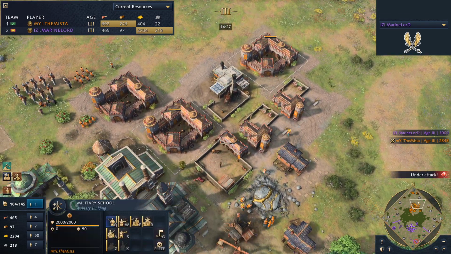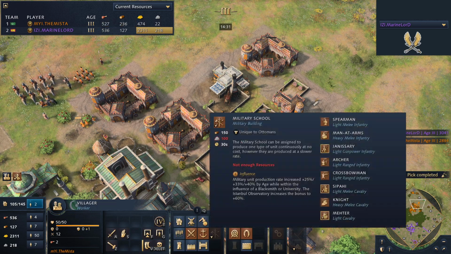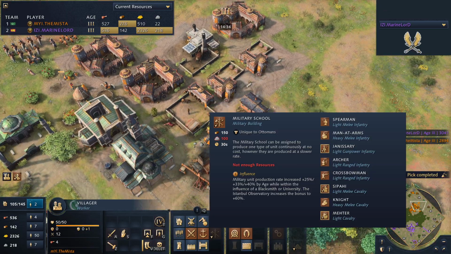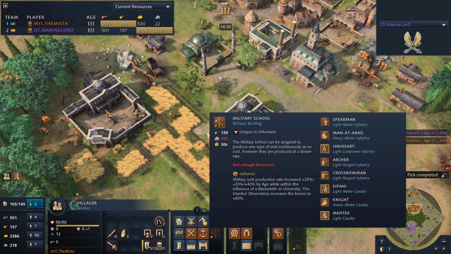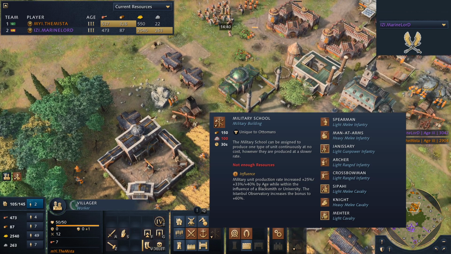We'll see another military school coming out for the Mista. I wonder how much the military school costs. 150 wood, 100 stone. Oh, that's an interesting mechanic. That's very interesting. And the reason why that's super interesting, guys, is because if you play Age of Empires 4